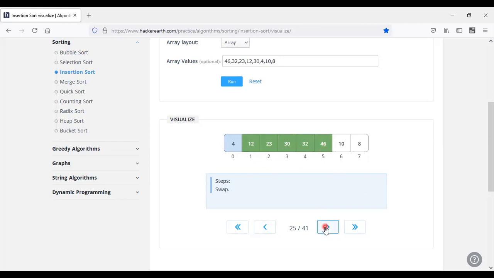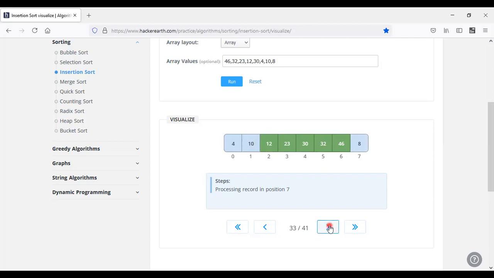And coming to the next one, which is 10. Here we need to compare with the 46. We need to swap that one, and 32, 30, 23, 10 and 4 will be there only, because it is greater than the value.